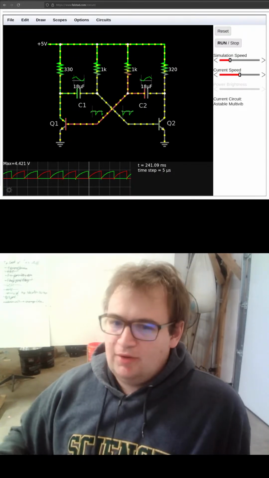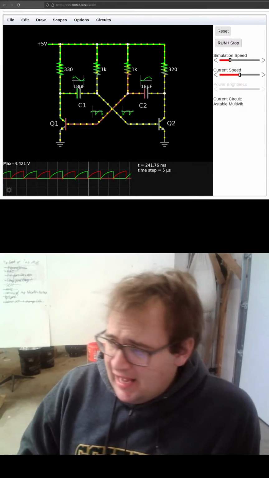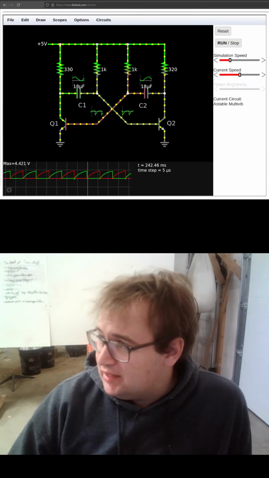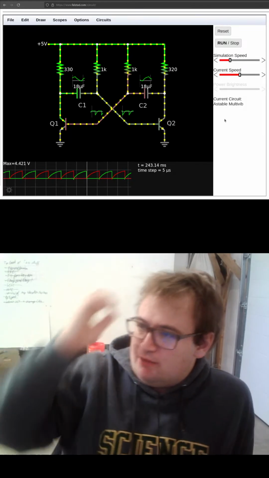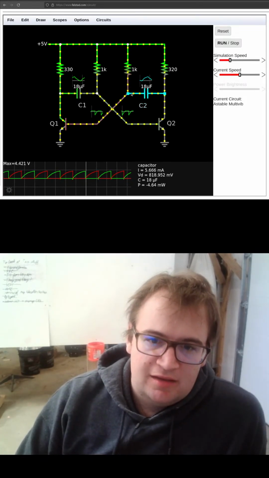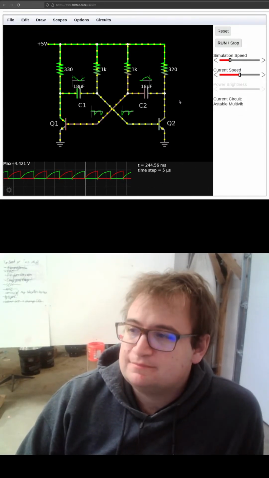But I do that quite a lot by accident. But anyways, I'm back here. Now I have the chat so I can see people. But yeah, what I was saying on the previous stream was that this Astable Multivibrator